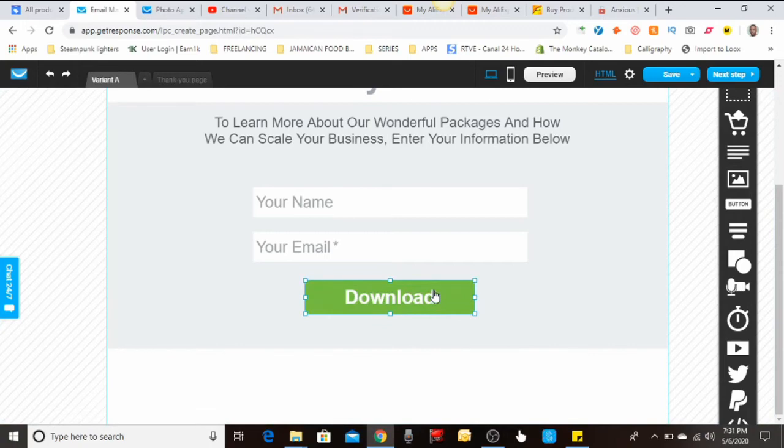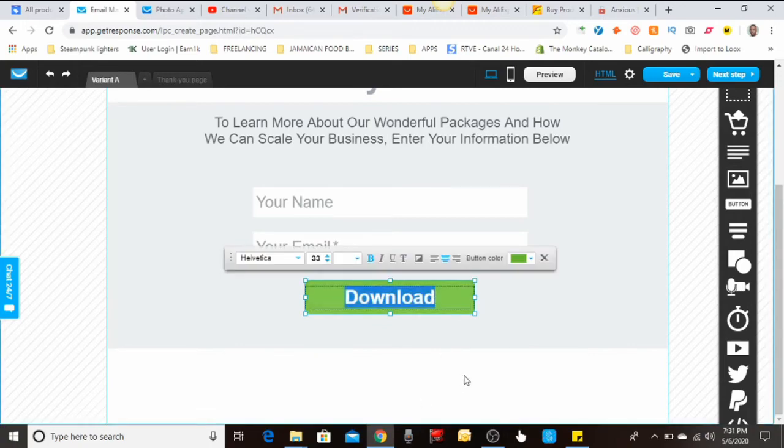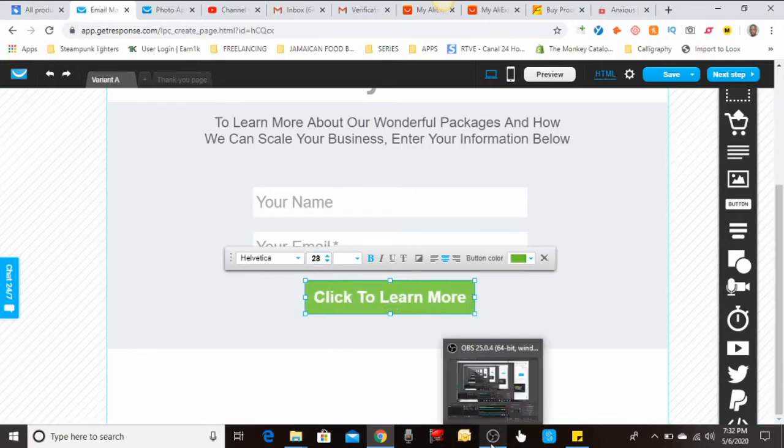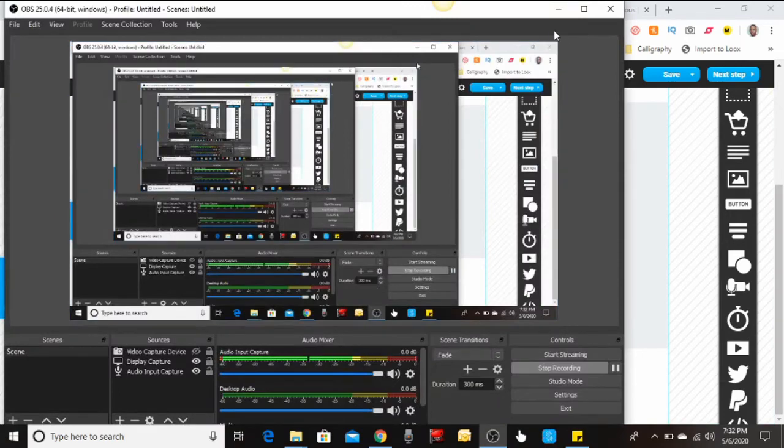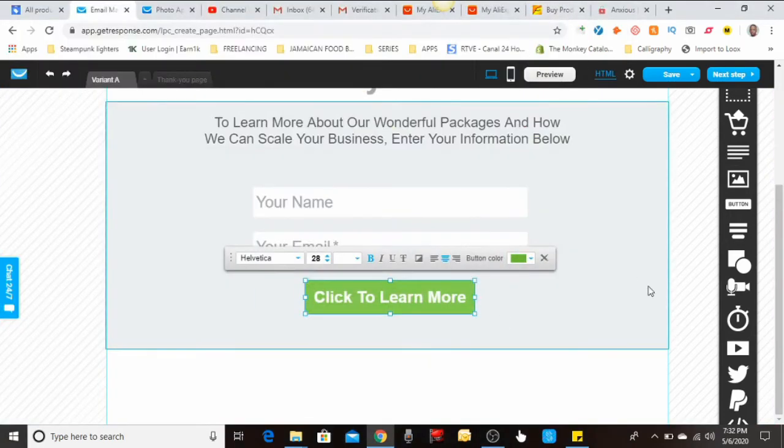Now in this case we're not offering anything to download, so you could say something like click to learn more. Let me highlight that, change the sizing. Let me just check something real quick. Awesome. Alright, so